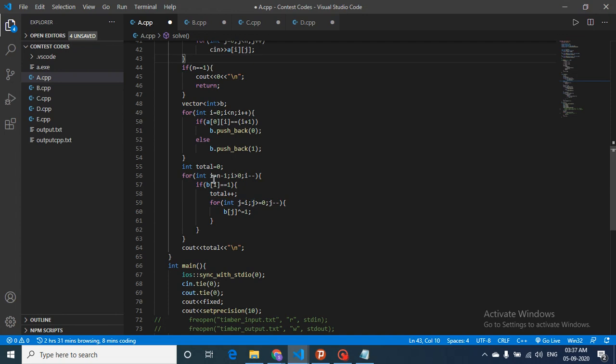And we actually do this for i equal to 0, not i less than or equal to 0. We don't have to do it for the 0th position, we just do it for i greater than 0. And we will just invert all the bits, for the ith bit, move from the ith bit to all the bits which are to the left of the ith bit, invert them, and increment how many total steps we have done, total inversions we have done, and then return our total.